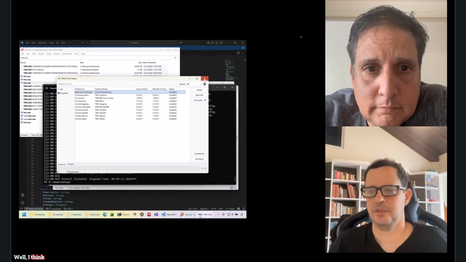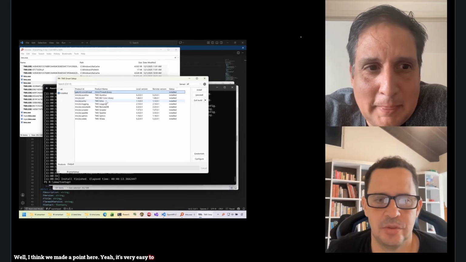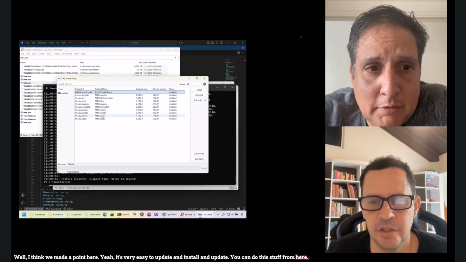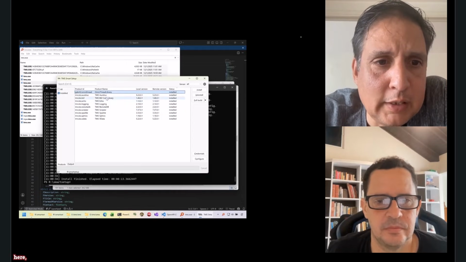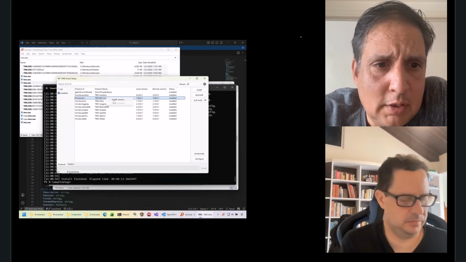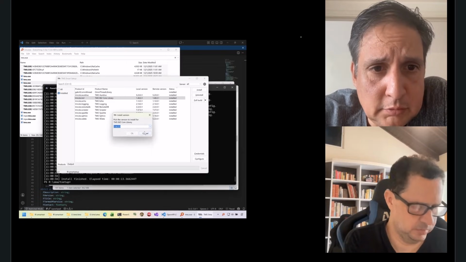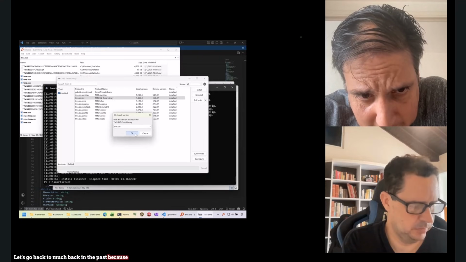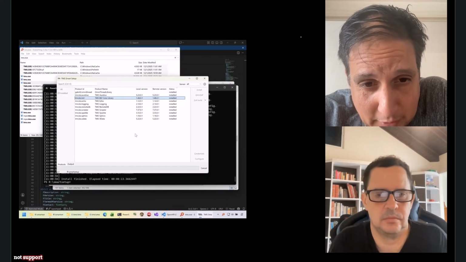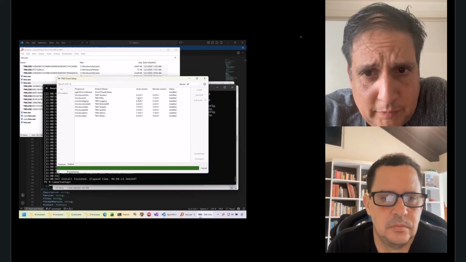Well, I think we made a point here. It's very easy to install and update. You can do this stuff from here. We are looking at versions, and we can show it here too. I can change, for example, the core version. Let's not go back too much in the past, because we might not support Delphi 12. But if I go and install